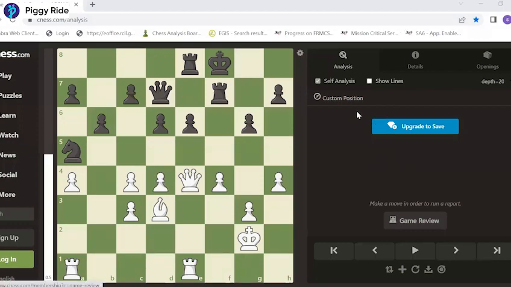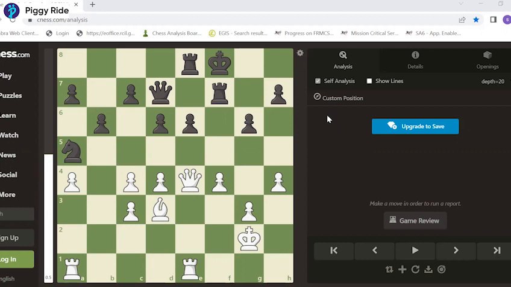We want to examine the position on the board, and the position on the board itself will tell us what are the best subsequent moves. Sometimes the position is really complex and imbalanced, and in those circumstances, it can be very difficult to identify the right course of action, the right plan.